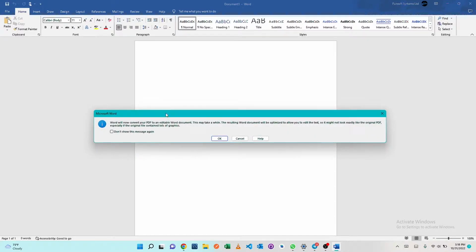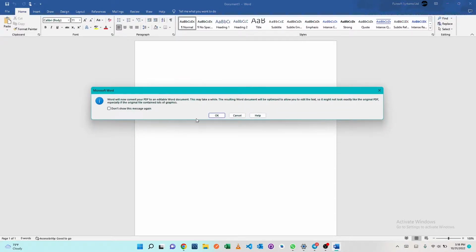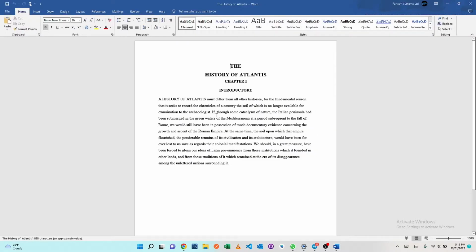So whenever you open a PDF document in Word, you'll get this warning from MS Word. Word will now convert your PDF to an editable Word document. This may take a while. The resulting Word document will be optimized to allow you to edit the text. So it might not look exactly like the original PDF, especially if the original file contained lots of graphics. Okay, so you can proceed and say OK, and MS Word is going to open the PDF document in an